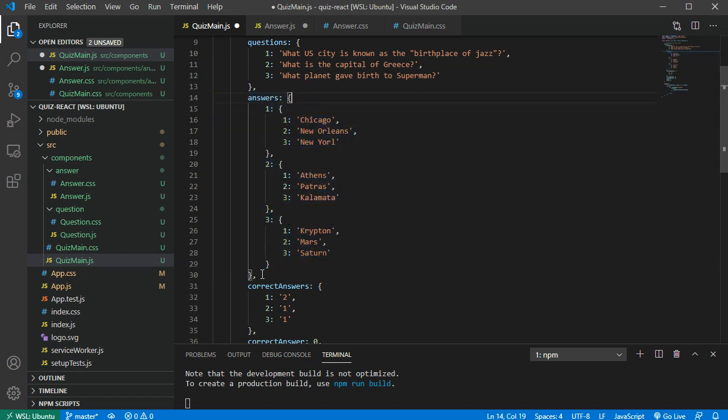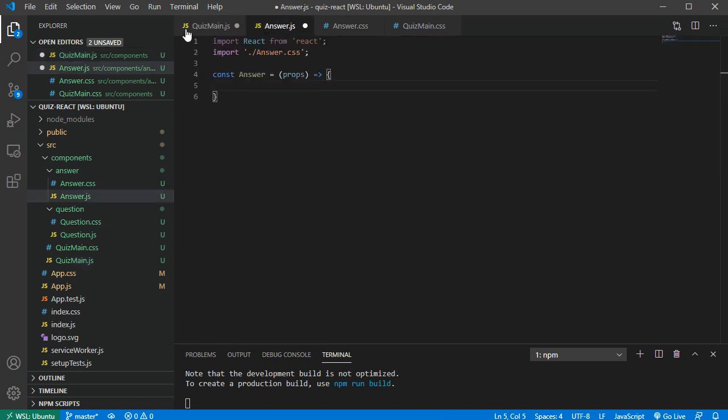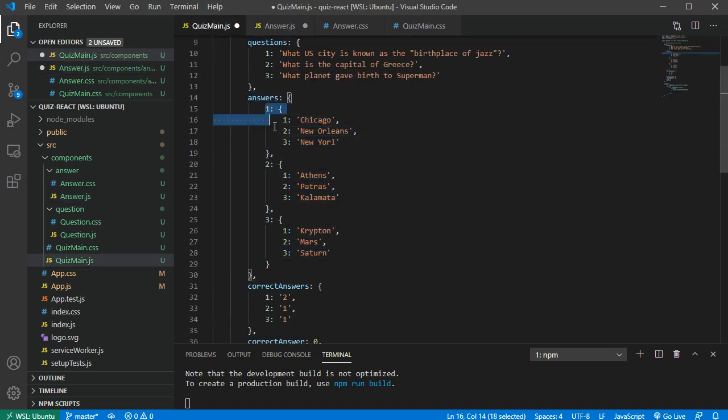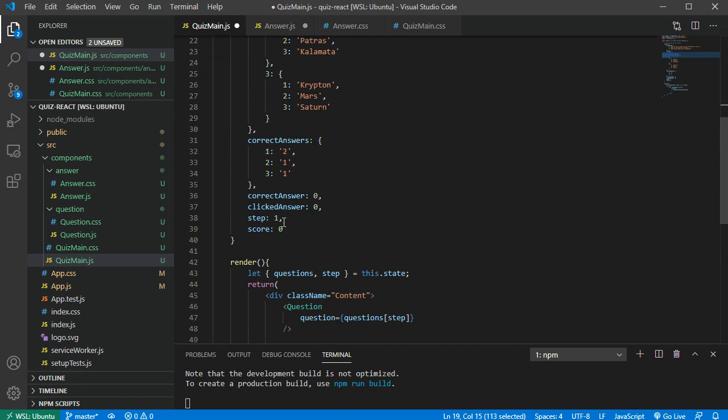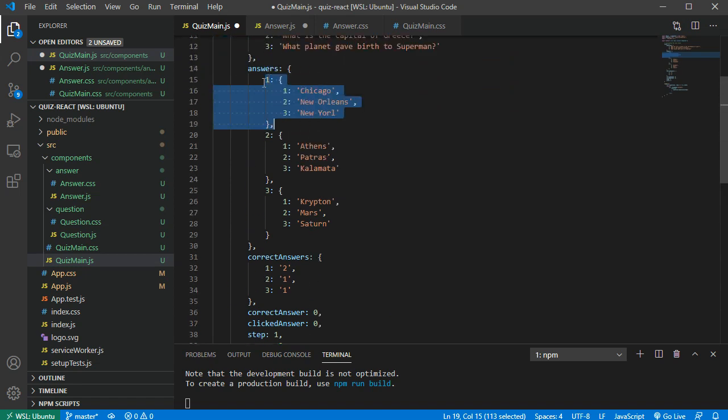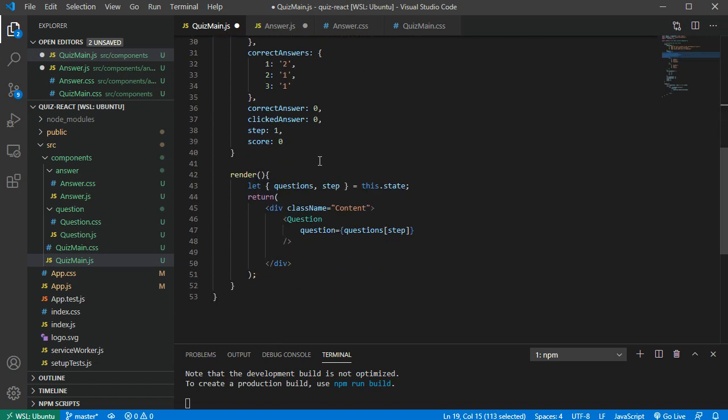Where is that? All these answers to this component, but we will send just for the specific question. So if we are on step 1, we want to send only these answers for the first question, for the current question. By default we are on 1, so the first time we send all these answers, three answers. And to do that, we should